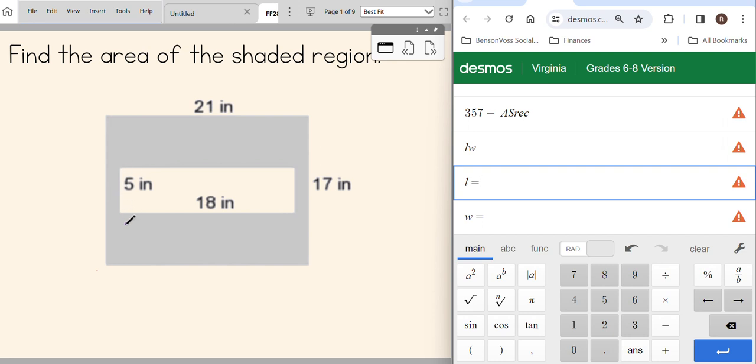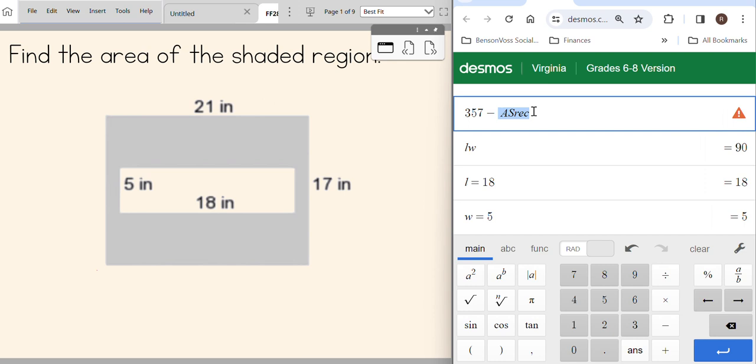So right here is a 5. I'm going to call that the width. And 18, this side at the bottom, I'm going to call the length. It doesn't matter if those go the other way, it'll still work. And that gives me 90. So I'm going to do the area of the big rectangle minus the area of the small one. And that gives me